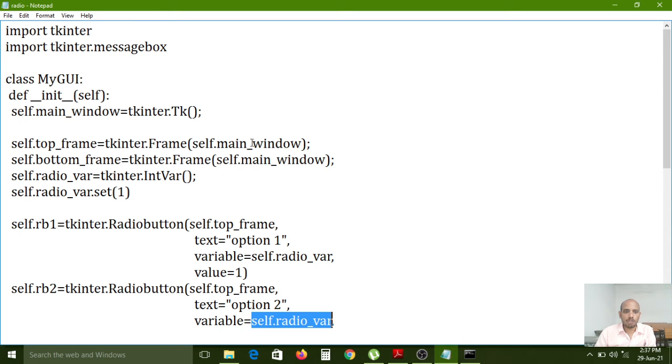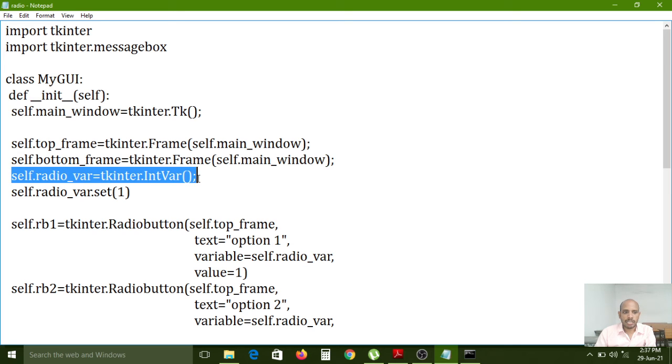Okay, so here 2 frames are created, and the int_var object is also created. Now I am creating the 3 int_var objects.